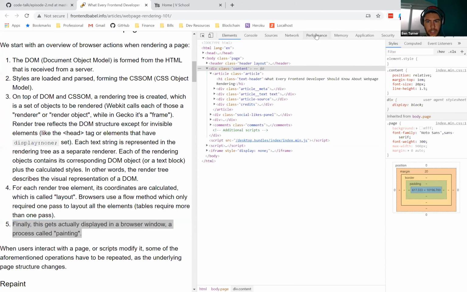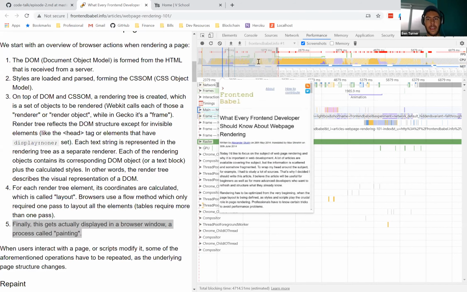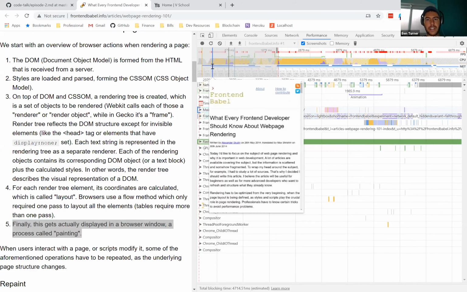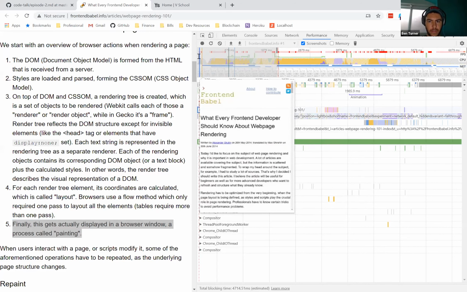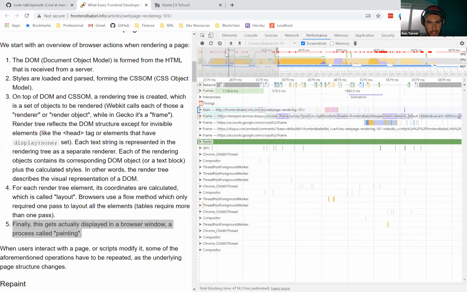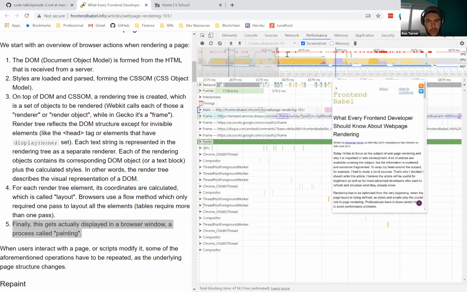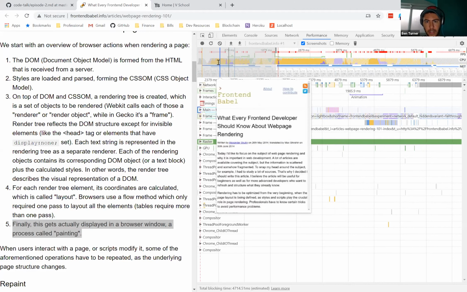So let's go back to the Performance tab, and with that in mind, we can now look at what's happening. This area is basically a visualization of what is happening on the page at any given time. It's a graph, so from left to right is time. See how there's 879 milliseconds, 1879, 2879. They're in increments of 1,000 milliseconds. I'm not sure why it stops at 879, but that's just what's going on.